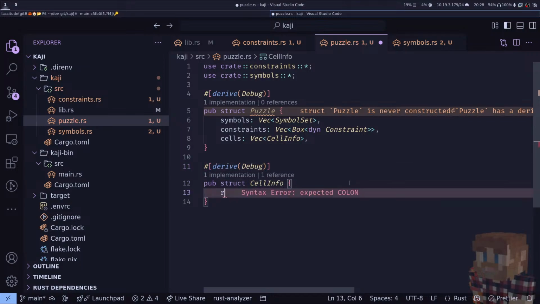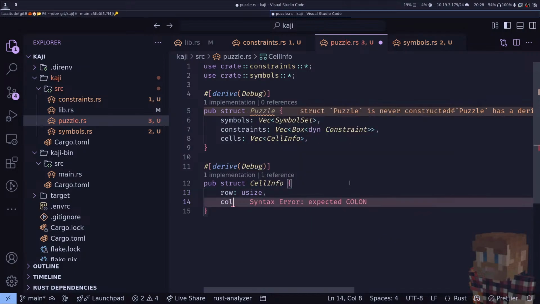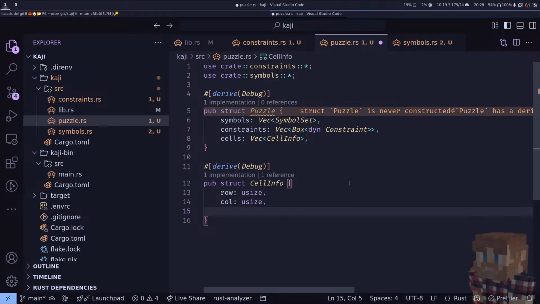I said it has a row and a column. Other constraints are then going to introduce other information which could be considered coordinates. So, for example, Sudoku has boxes, and those are considered important. So I'm going to say